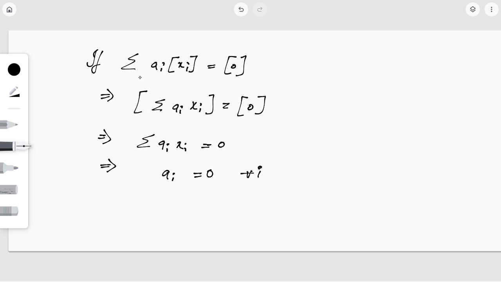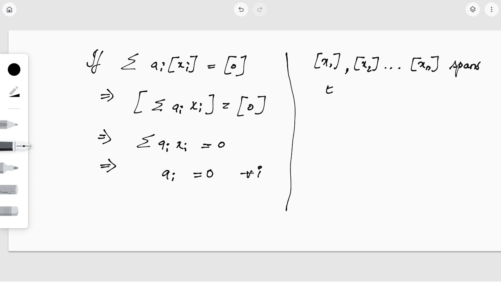So whenever summation ai coset xi was 0, we obtained that ai is equal to 0, so they are linearly independent. Next we need to show that the set coset x1, coset x2, etc., coset xn spans E by E1. So for that we have